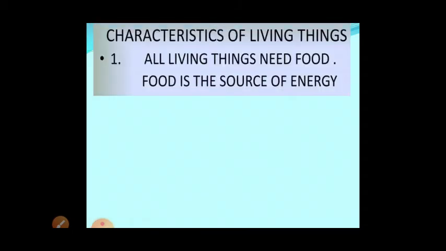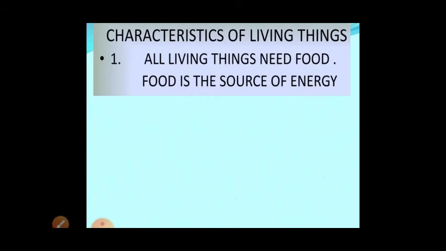Now some characteristics. Living organisms have some characteristics which non-living things don't have. The first one is growth. To maintain the growth of a living organism, they need food. So all living organisms need food. Already we know that